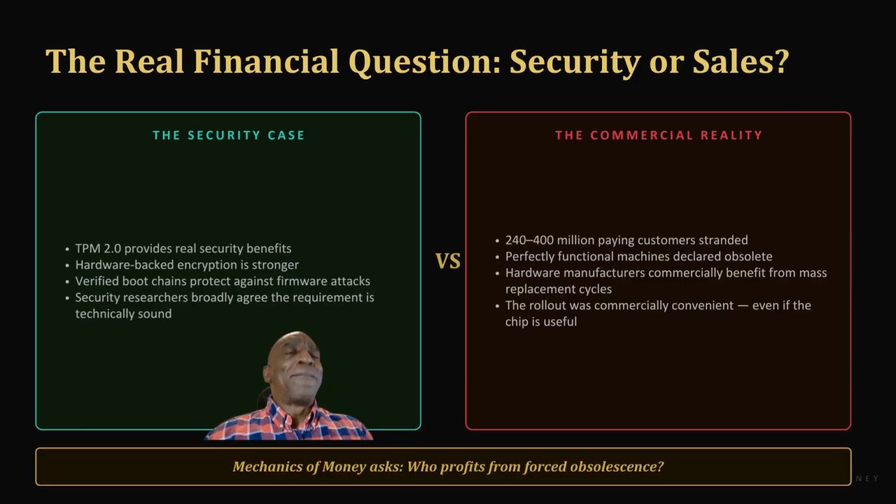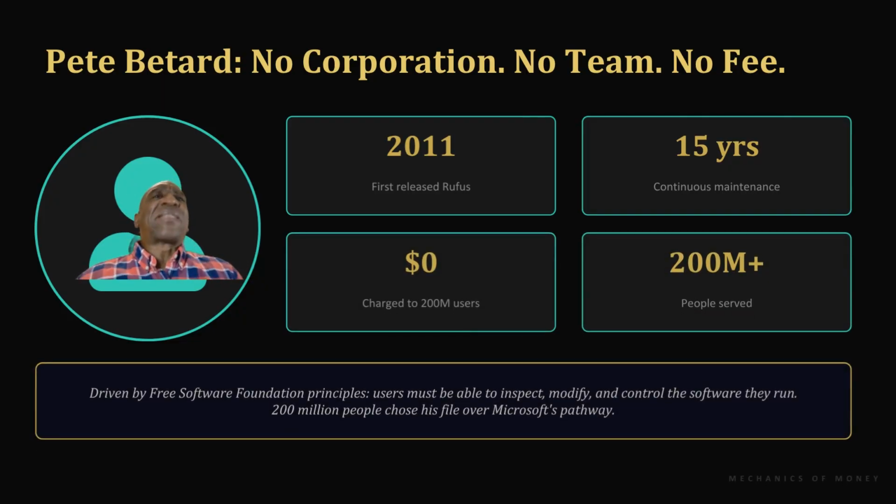Who benefits from Microsoft putting these patches and these mandates in, where 240 or 400 million consumers are left stranded, left in the lurch, where they ultimately have to buy new hardware because their systems are deemed, quote unquote, functionally obsolete, designed obsolete? This is quite interesting, and who benefits is the people that sell the hardware. Okay, let's tie everything up in a bow.